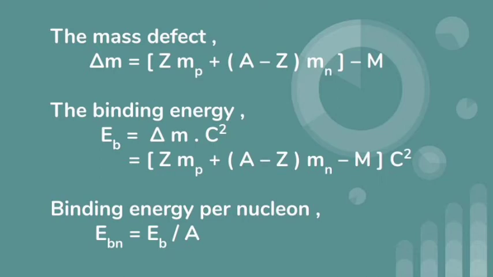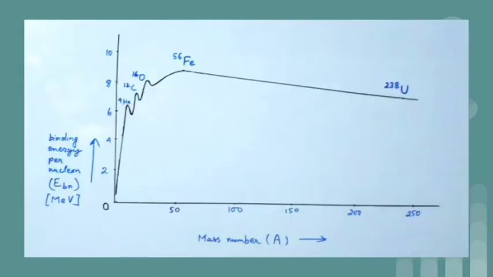The more useful measure of this strong bond is the binding energy per nucleon, which is the average energy required to remove a nucleon from the nucleus to infinite distance. It is the total binding energy divided by the mass number A of the nucleus. So, binding energy per nucleon EBN is equal to EB by A. The variation of binding energy per nucleon with mass number is shown in the plot. The information that binding energy curve provides are